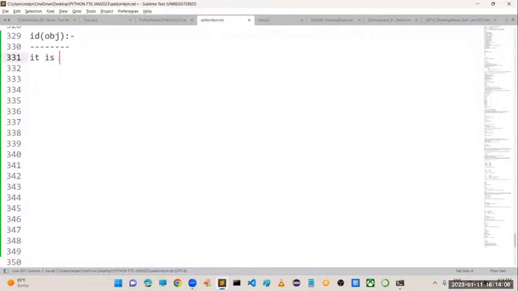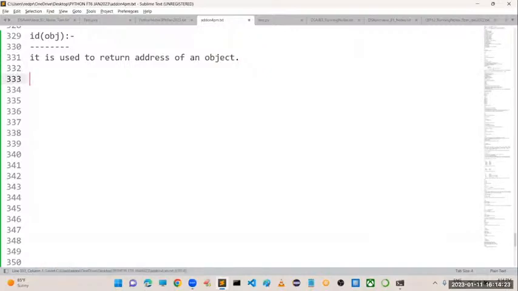It is used to return the address of an object. Whenever you take data, it is compulsorily stored inside a memory location, so that memory location address is what id of obj returns.